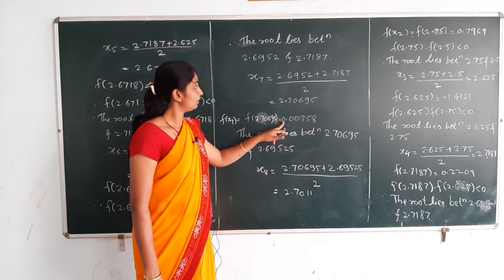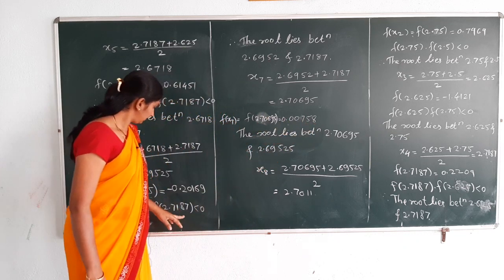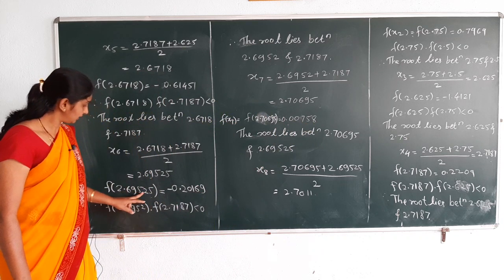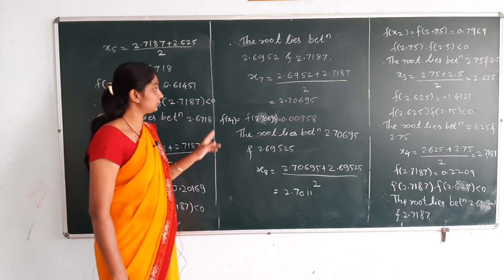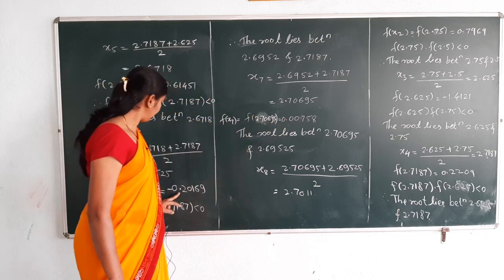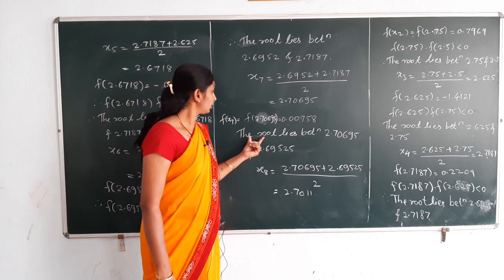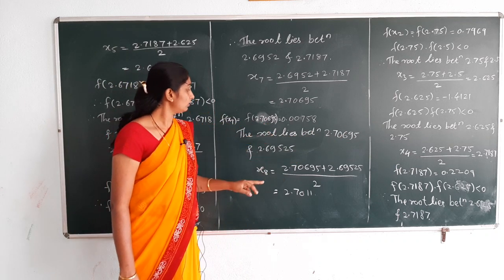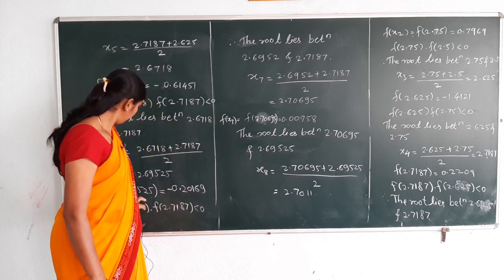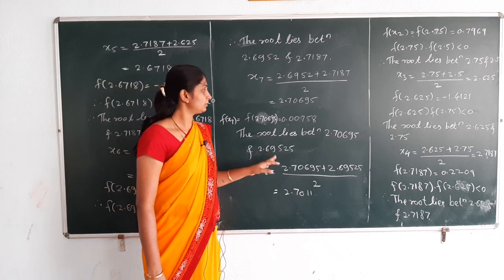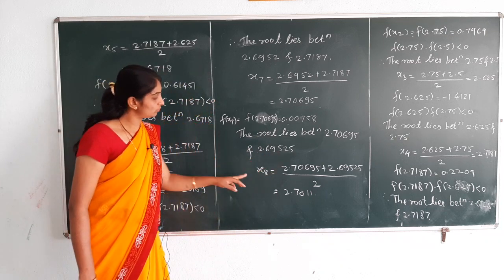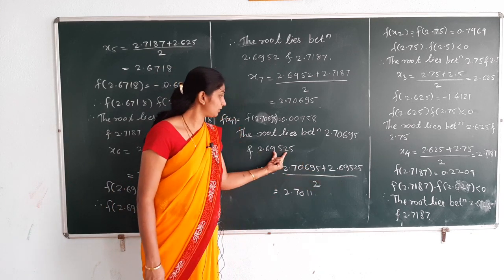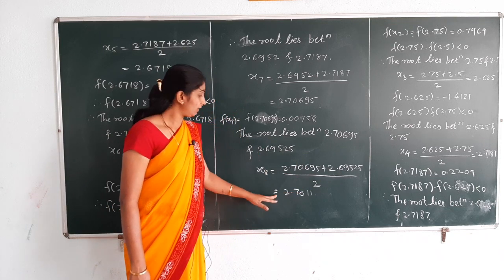we get the value 0.00758. This value is positive, another value is negative, that is the previous negative value, f of 2.69525, is negative, therefore the multiplication of positive and negative is less than 0, therefore the root lies between 2.70695 and 2.69525. Therefore the 8th approximation root, that is x8, is equal to (2.70695 + 2.69525) divided by 2. The value of this is